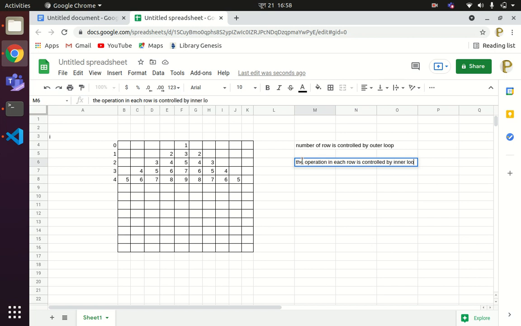These are the two things that you need to keep in mind while solving this type of problem. So I have indexed the row number as i, from 0 to 4.